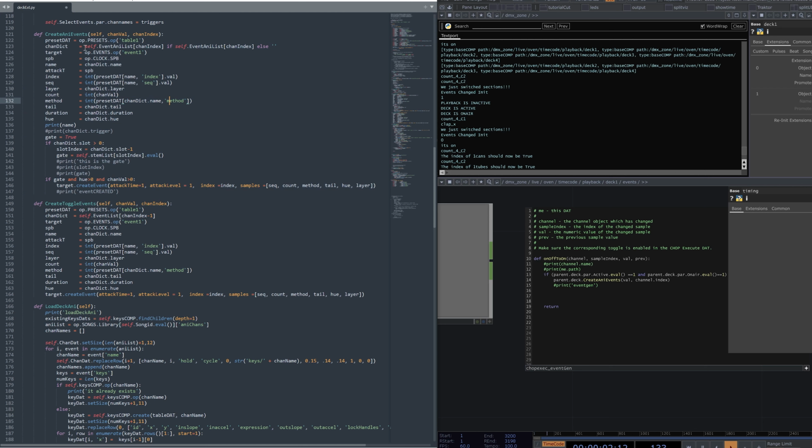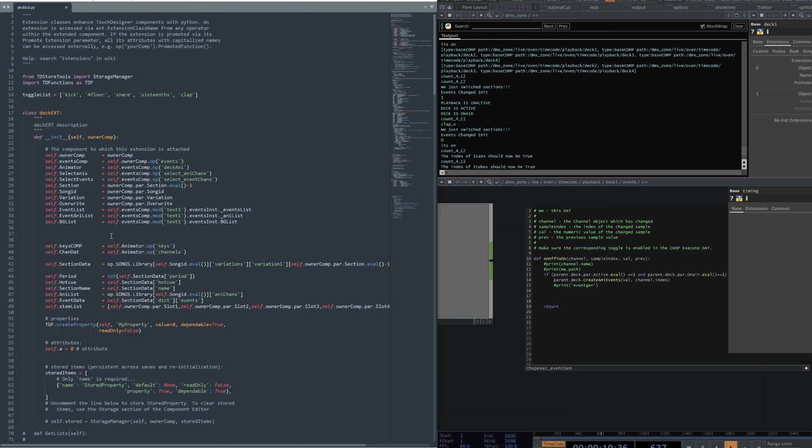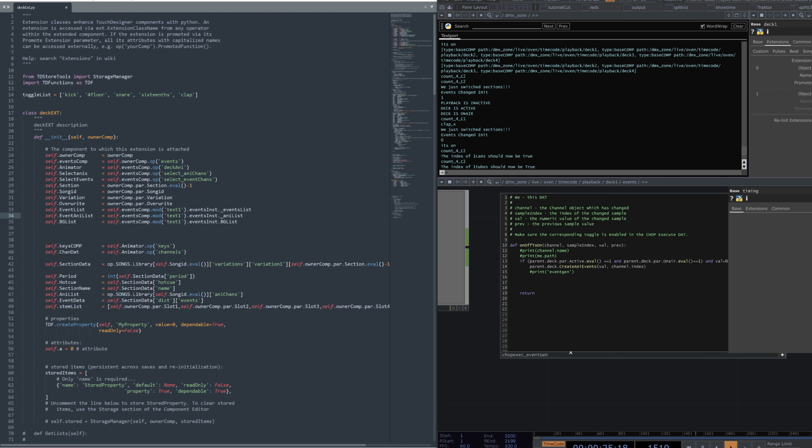So we are calling the event Annie list, which, as I scroll up to the top here, pardon me, our event Annie list is calling the module text1, and that is in relation to our chop execute.